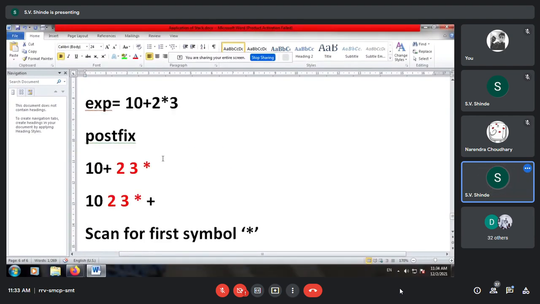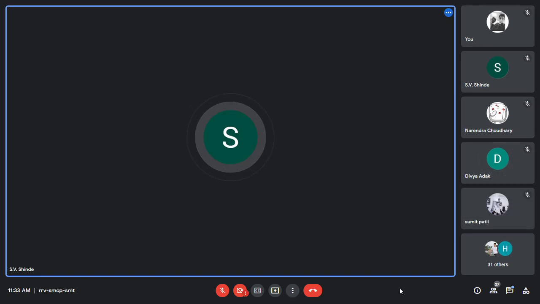Now there are two ways of representing these mathematical expressions. One is that you can evaluate directly by the manual method, but computation will not work that way. How to evaluate using computers? The answer is we have to use a stack. So we'll take one of the easiest examples over here. The first expression that we have converted, we will take the postfix expression and we'll see how it can be derived.